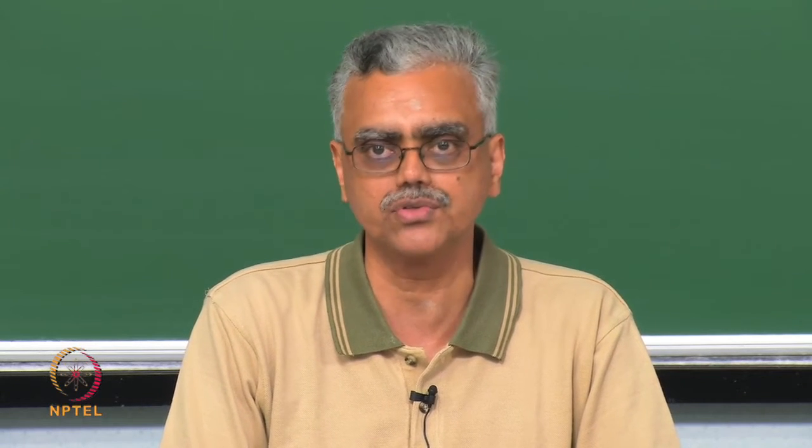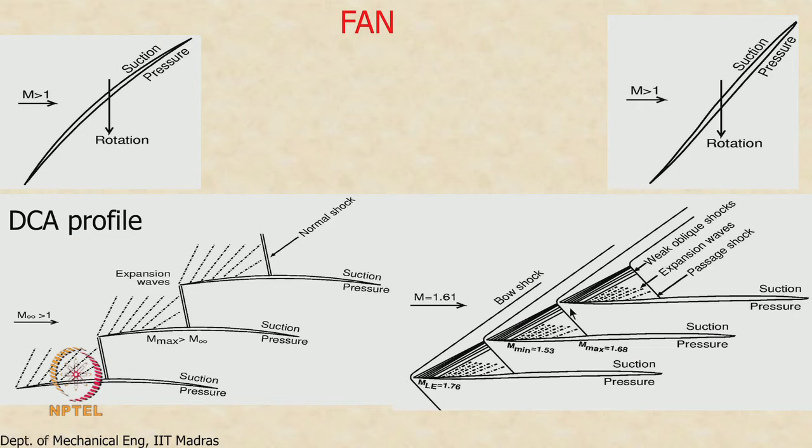Remember, these blades are very slender, but at the same time they have to be able to stand very high amounts of loads, which is what we are going to discuss next. So, here we are worried only about the gas dynamic aspects of this diffusion process. So, the air that comes through here then goes through a bow shock, and the Mach number probably will be less than 1 here, and then you have a passage, it may not even be less than 1, we can design the passage for both.